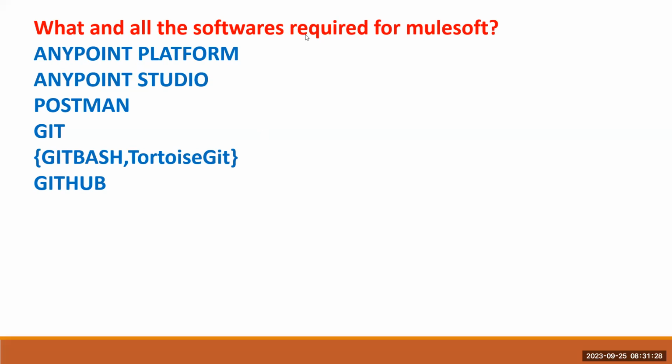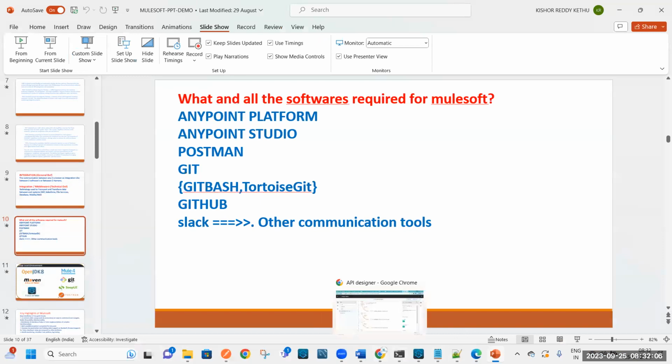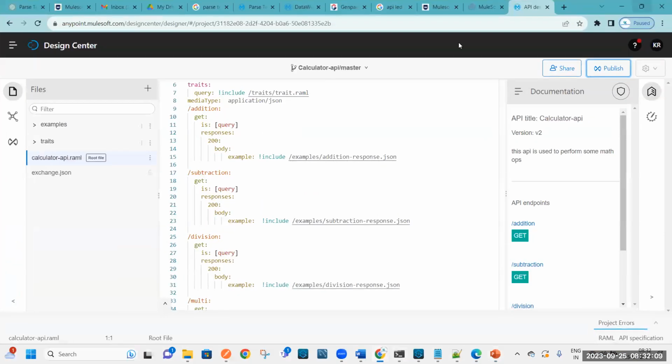Let me give you one more example. In the same project, multiple people will be there. Agree or not? In one project, multiple developers. Let's say I am sitting in India, Sridhar is sitting in Australia, and maybe Priya is sitting in the UK. We three are from different places, but we are working on the same project. We have one requirement: we need to create one application, that is Redbus or Abhibus, whatever it may be. I will take some example.